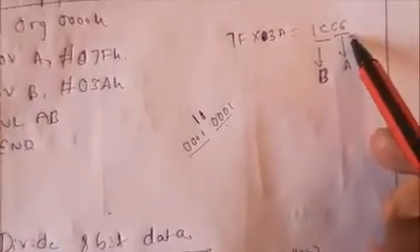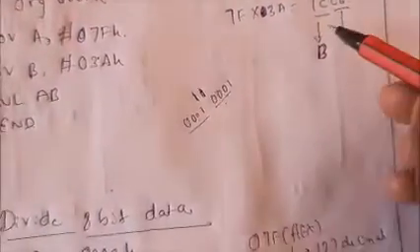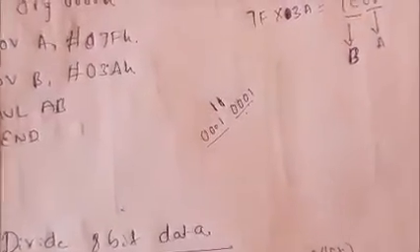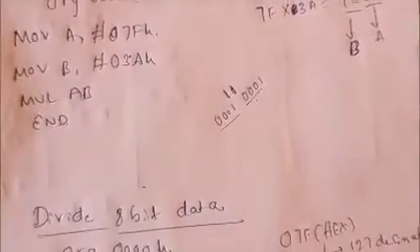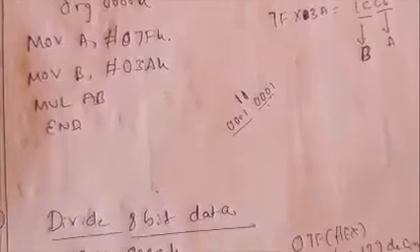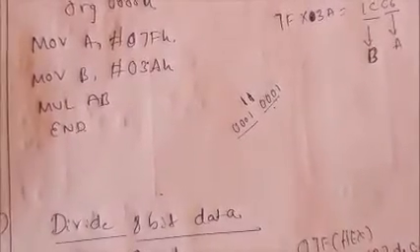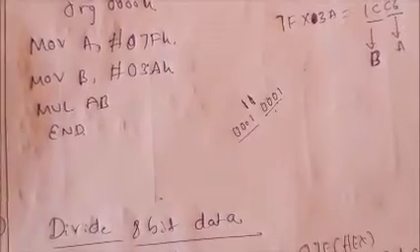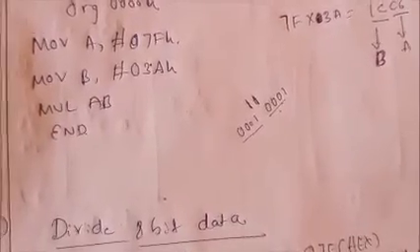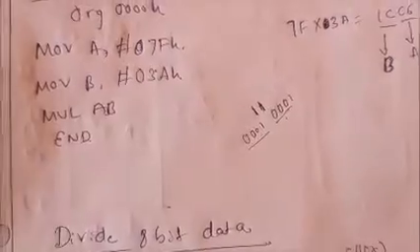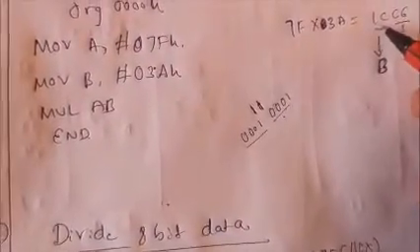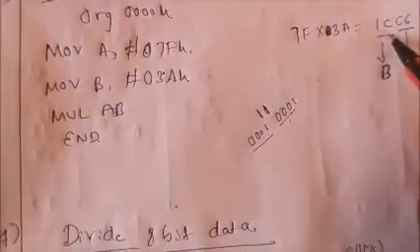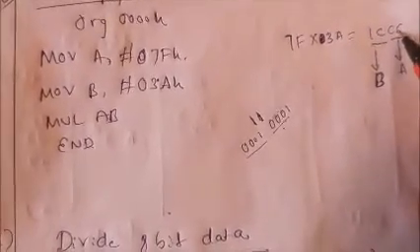But basically you know that in the 8051, except for a few registers, that is the data pointer DPTR and the program counter, these two are 16-bit registers, but all other registers are only 8-bit. That means A, register B and R0 to R7 are all 8-bit only. But here I got the result as 16-bit data. 16 is nothing but a 4-bit representation repeated.